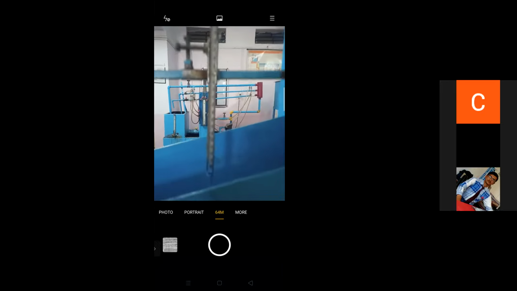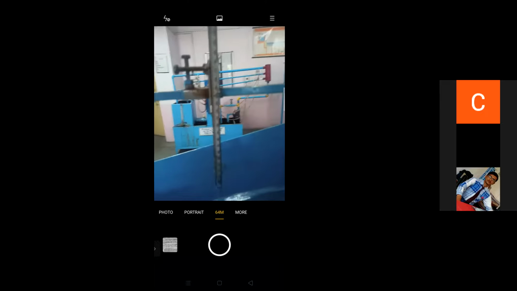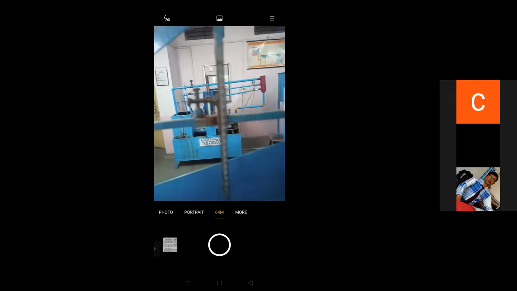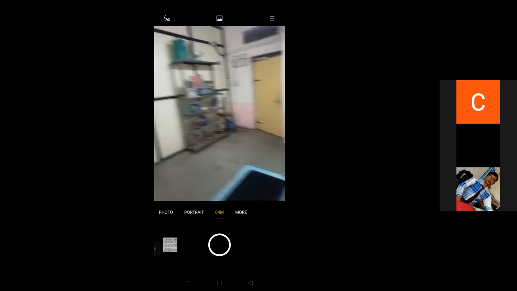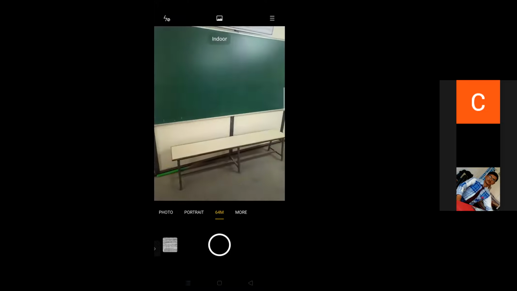Okay, now 140 is the reading. Then what was it before? 155, right? Yes sir. Now 140 minus 115. So it has come 25. So the y value has come 25 mm.